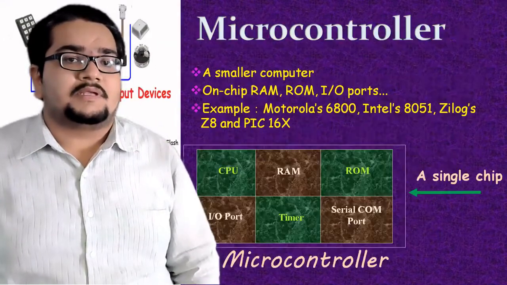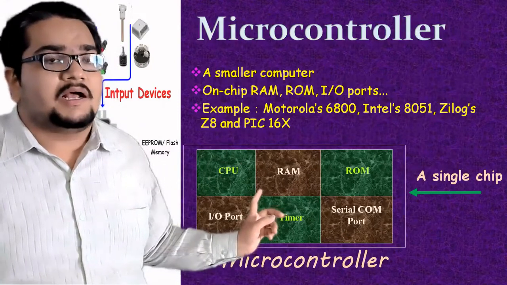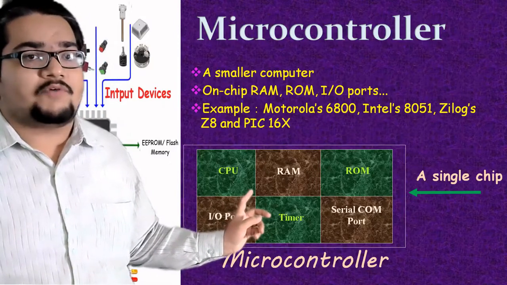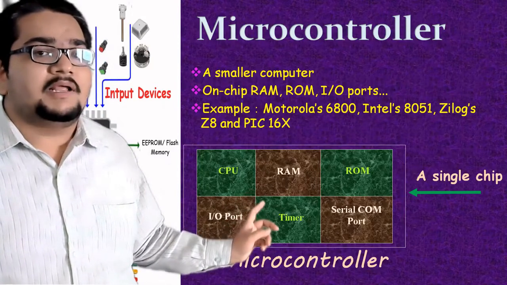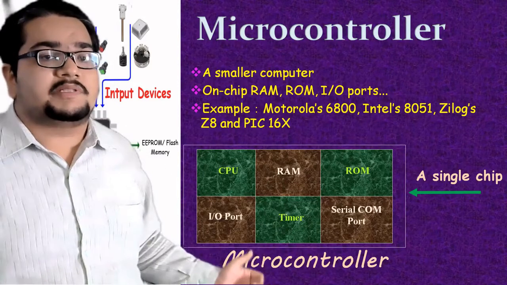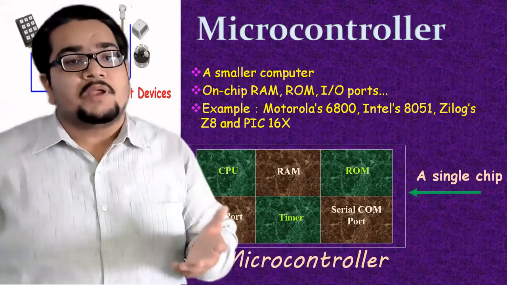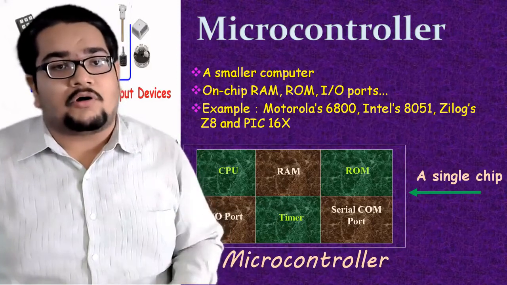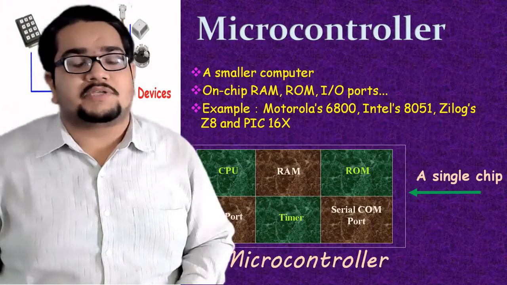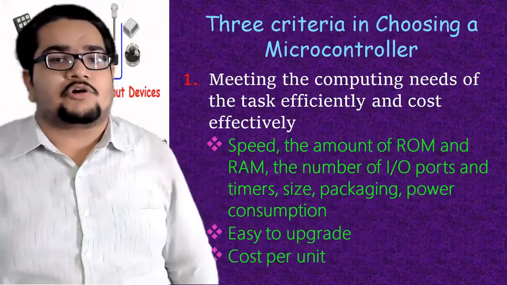Here we can see that all these different devices, which had to be interfaced separately in the 8086 system, are all built into a common IC. The CPU will be there, RAM and ROM memories, IO ports, timers, and serial communication. Many microcontrollers also have inbuilt ADCs, but our 8051 does not have an inbuilt ADC, though other microcontrollers do.